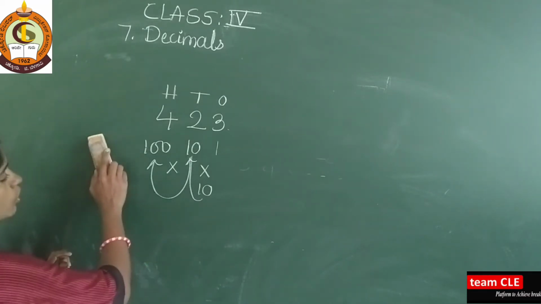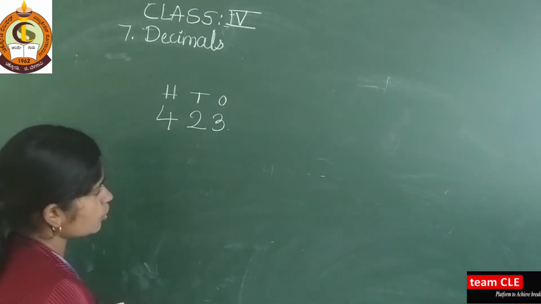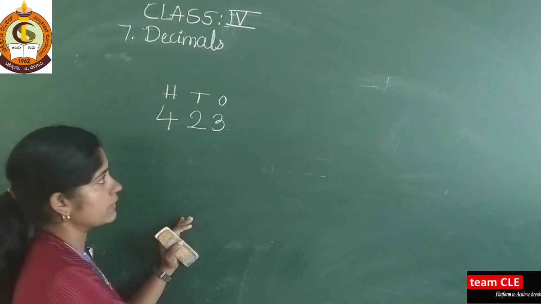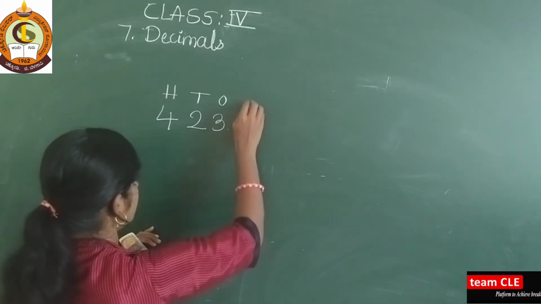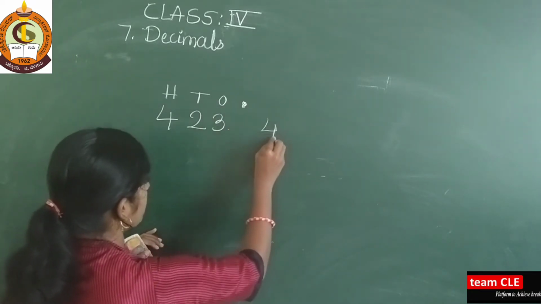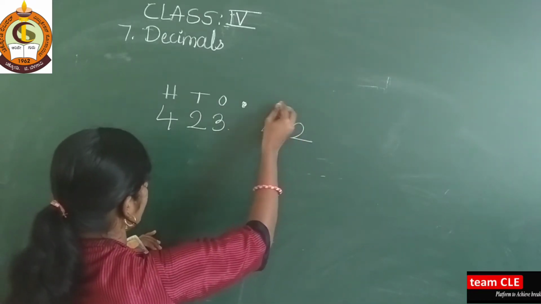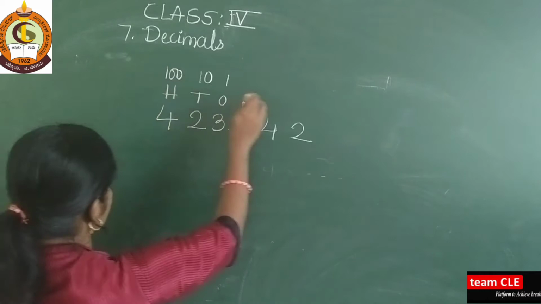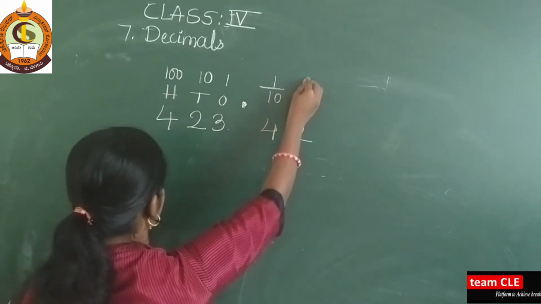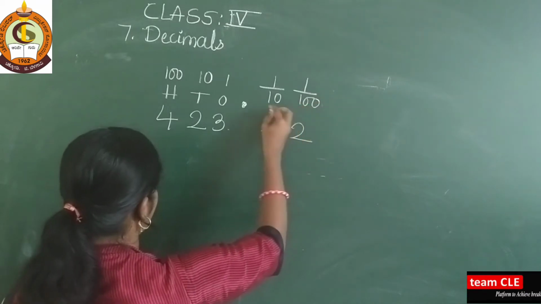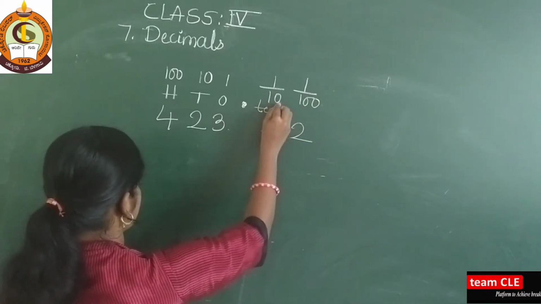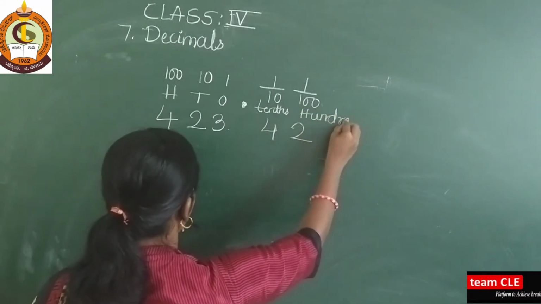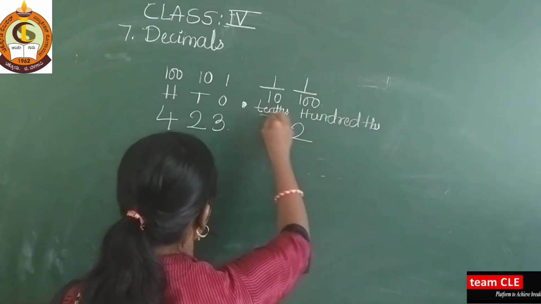So dear students, you know about this. After this, there are some more digits. As you move right side, the value of the number decreases. So this is called the decimal point. I will take here 4 and 2. Already you know this is 1, this is 10 and this is 100. So here I will get 1 by 10 and here I will get 1 by 100. This we are calling tenths, and this is hundredths.